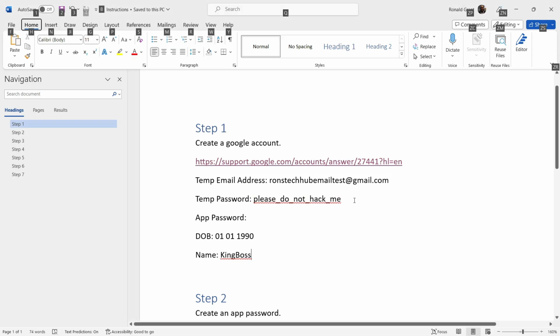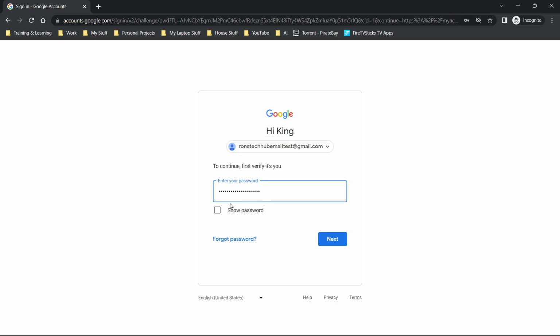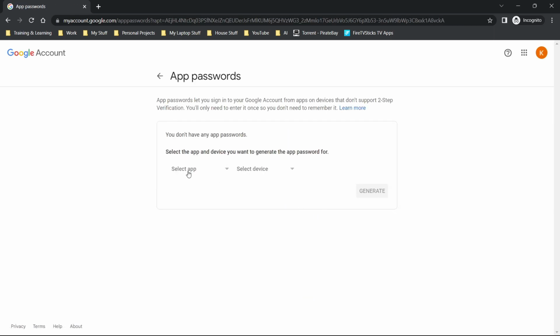It's going to ask you to log in. I don't remember my details because I just created this email address. So put your details in here, your username and password. Click next. It's going to ask you to select app. Now the one you're going to choose for this is obviously mail. Select device. It's not going to be on here, so you're going to do other. And it's going to be Raspberry Pi Pico. You name it. It doesn't really matter what it is. So I'm going to say